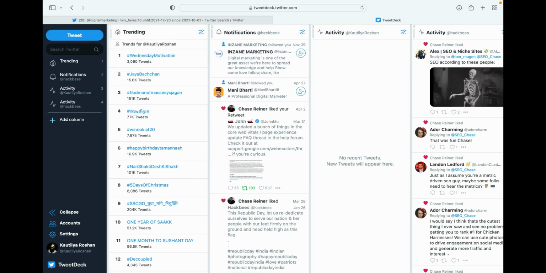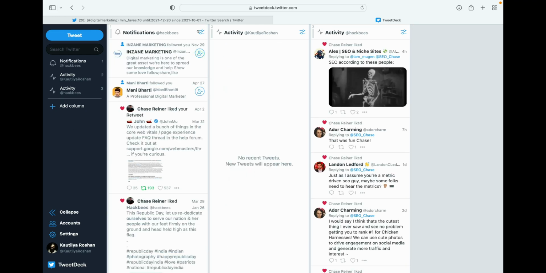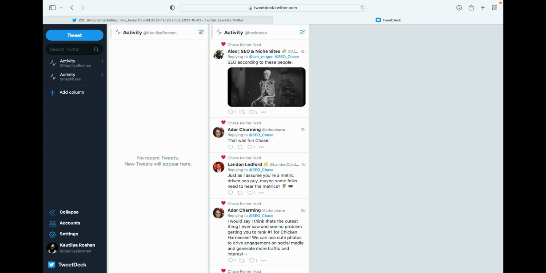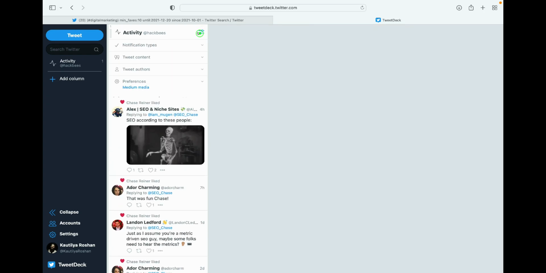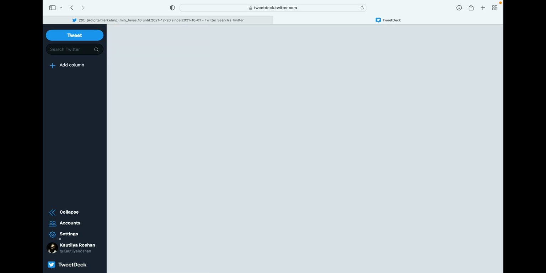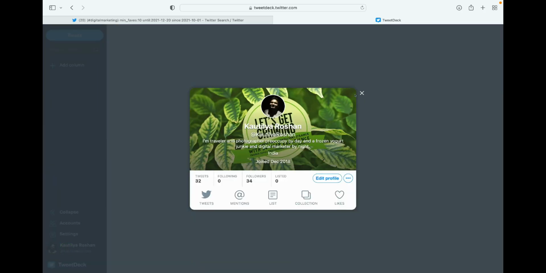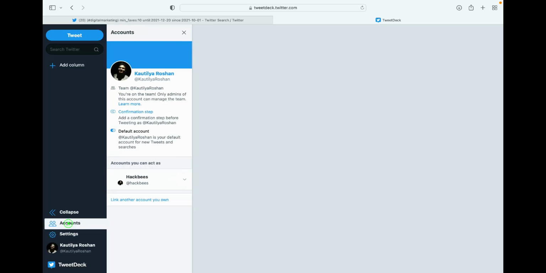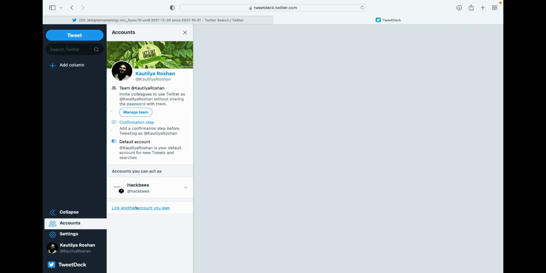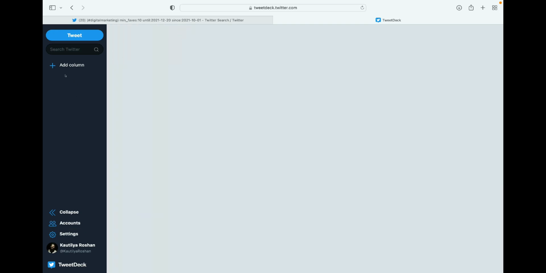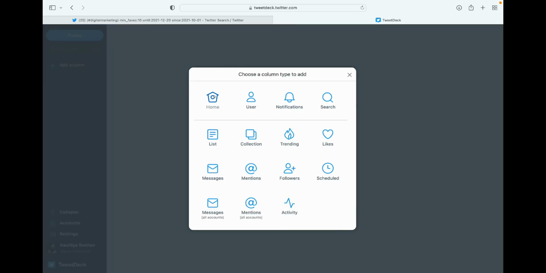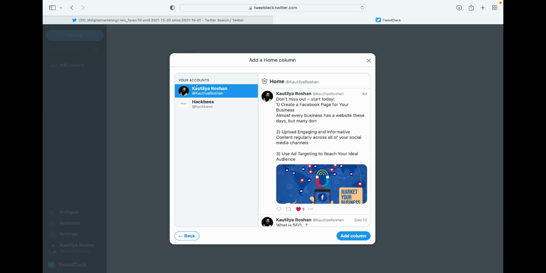Once you click on TweetDeck, here you can add as many columns as you want. If I remove this and show you from the start, here we can manage as many accounts as we want, guys. Here I can see this is my primary profile. If I want more accounts, I can add as many as I want, guys, like 3, 4, 5, 6, 7, 8, whatever number I want, I can go and add that. Here I can click on add column, and suppose I want home. Again, home for which account I want. Suppose I have 10 accounts, I can select among those.